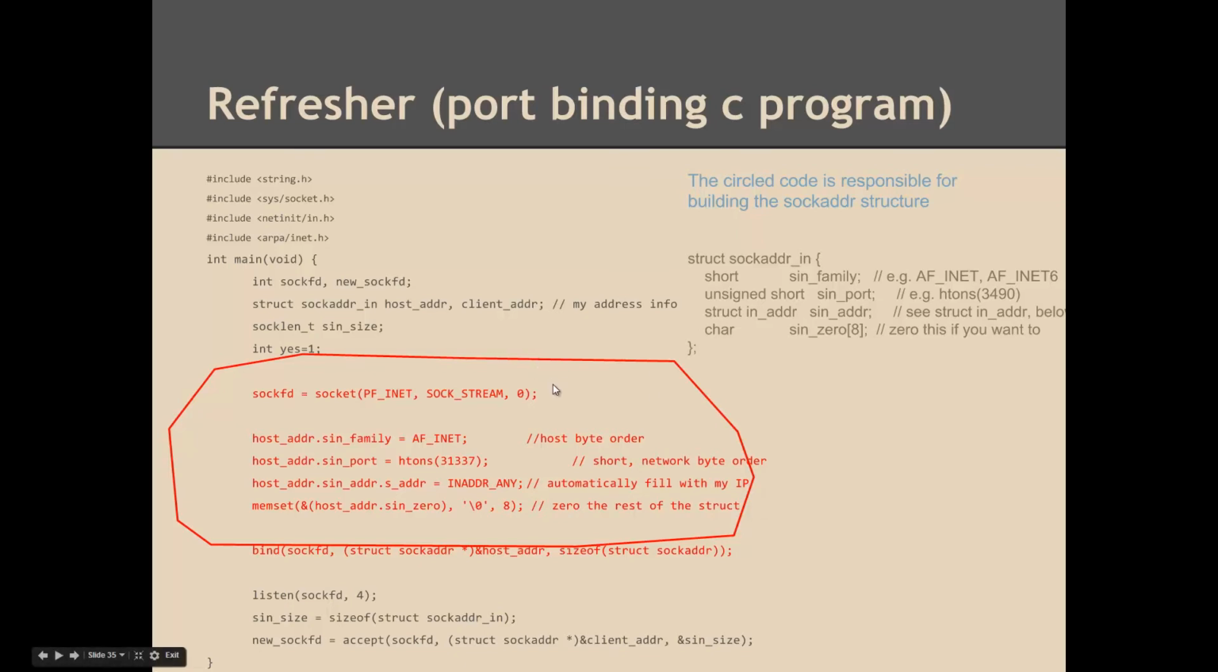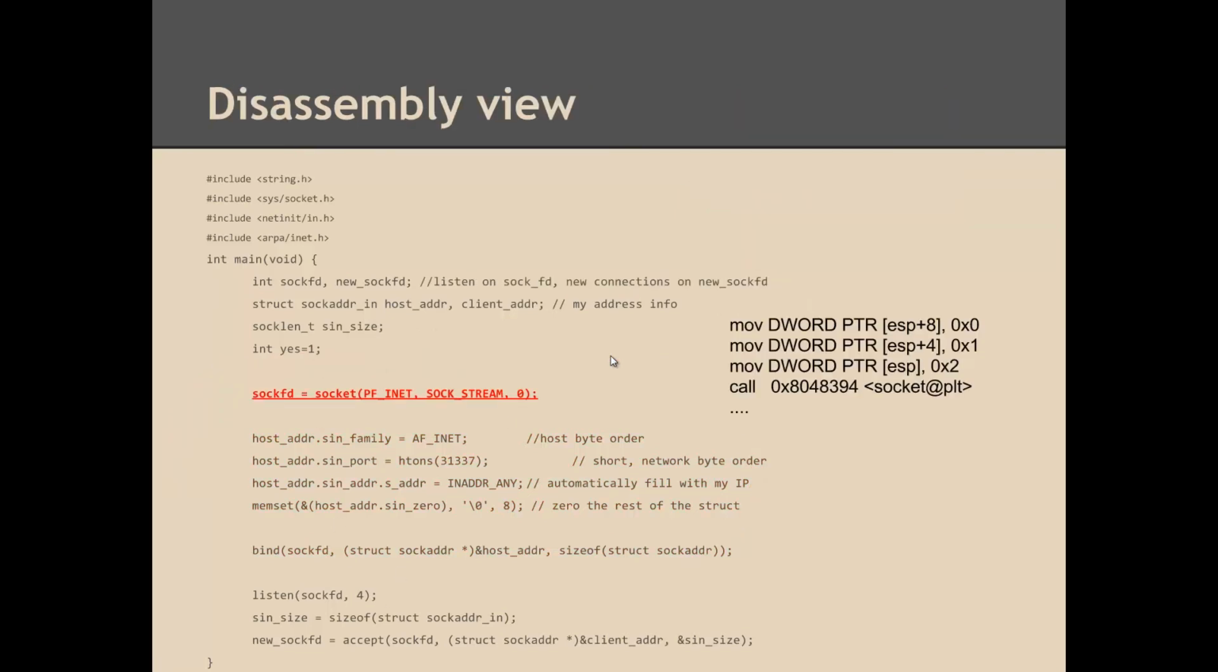And what we explored was how to translate things, highlighted in red and circled, properly into actual shellcode. And the rest of it is just setting up this code, and we just focus on this, and we're able to get that working. So the disassembly view for this line of code effectively moves first on the stack 0, then 1, then 2, then calls the socket